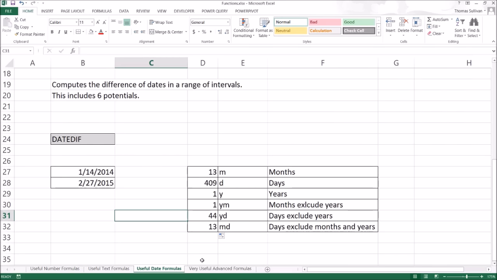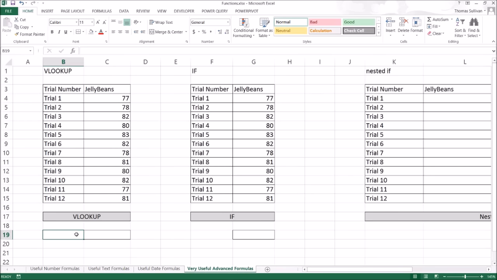Excuse me. All right, lastly, we're going to go over our very useful advanced formulas. And this is for the brave souls. I actually will say these are all super simple. You might see guides online saying VLOOKUP, nested IFs. It might be intimidating, but they're actually very simple in nature. So what